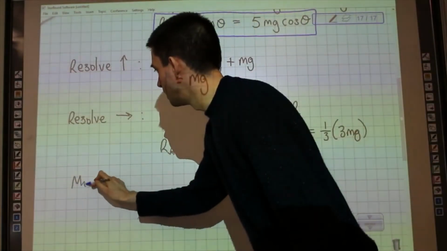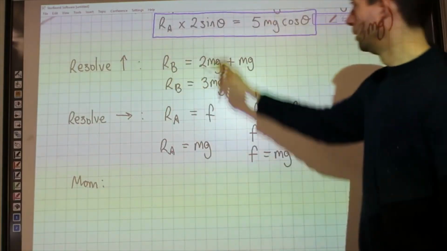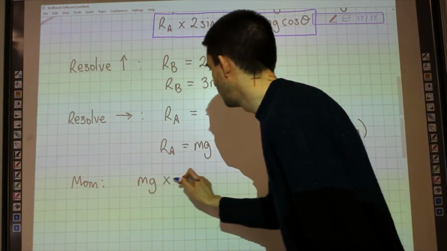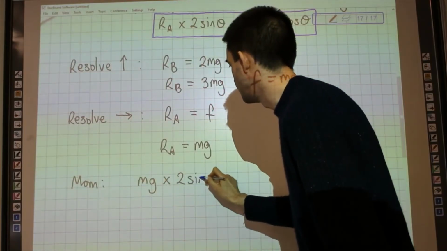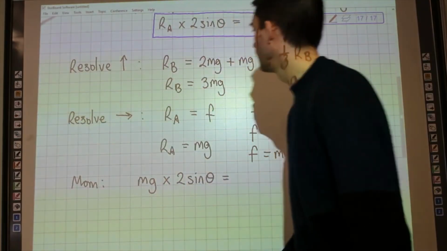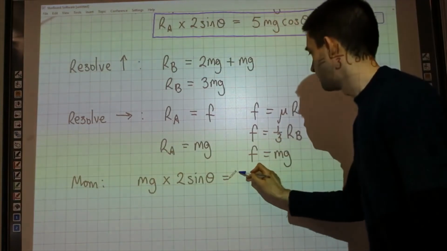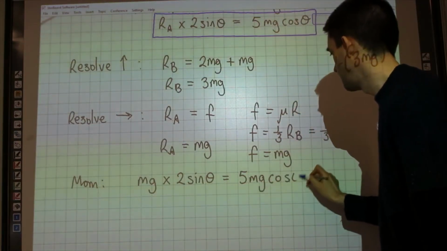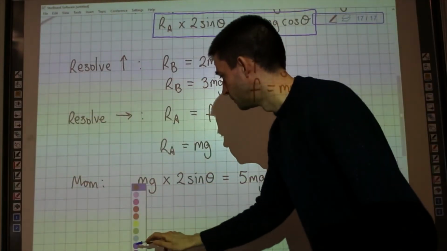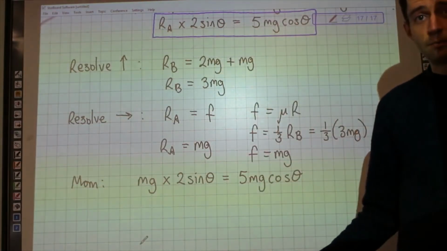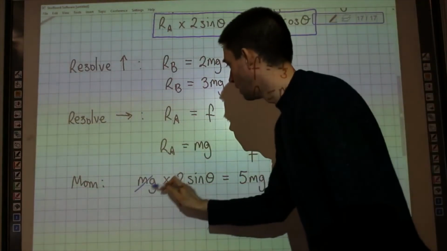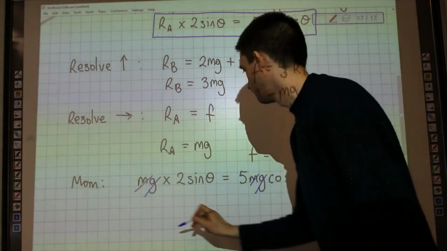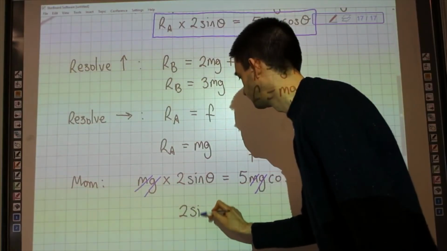So going back to my moments equation, reaction at A is now mg. mg times 2 sine theta is equal to 5 mg cos theta. Result. M and G on both sides of the equation, I can cancel those out, leaving me with 2 sine theta